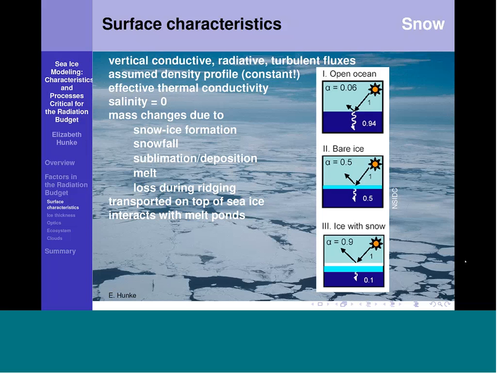Snow is transported on top of the ice as the ice moves across the ocean surface, and the snow interacts with melt ponds on the ice, which I'll talk about in the next slide. So the snow model is a primary focus of development in the sea ice model right now. We will allow the snow to be blown around by the wind, and we will allow the snow grains themselves to evolve into depth hoar, which has very different radiative characteristics than fresh snow. And eventually, we will allow its density to evolve with time, too.